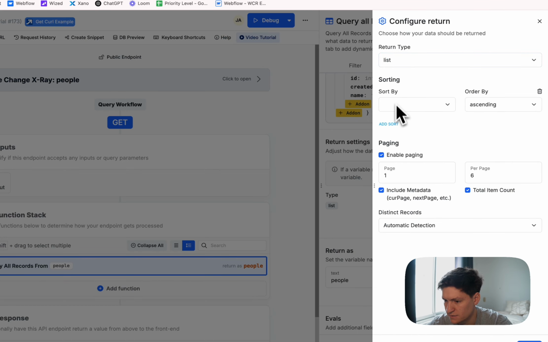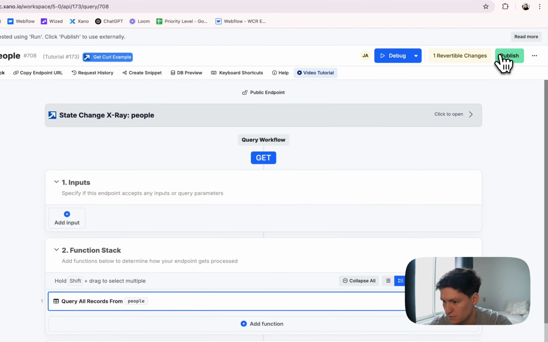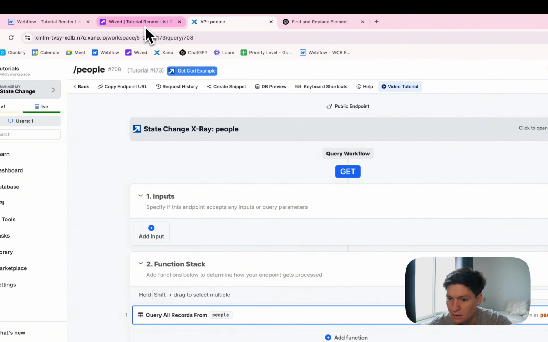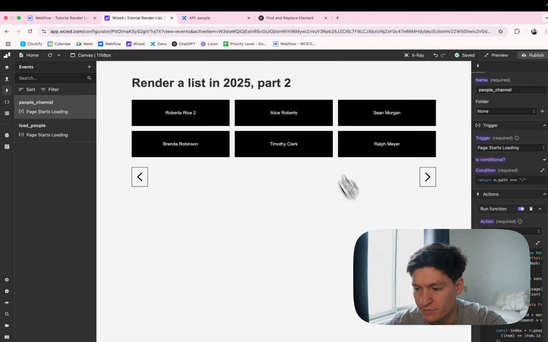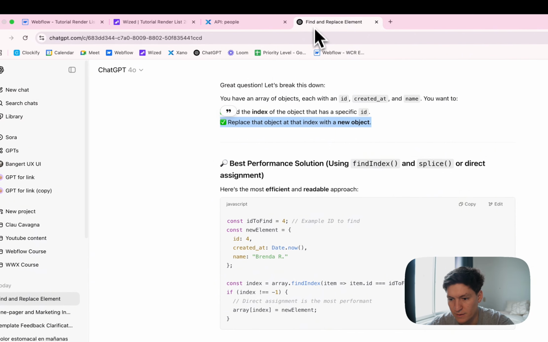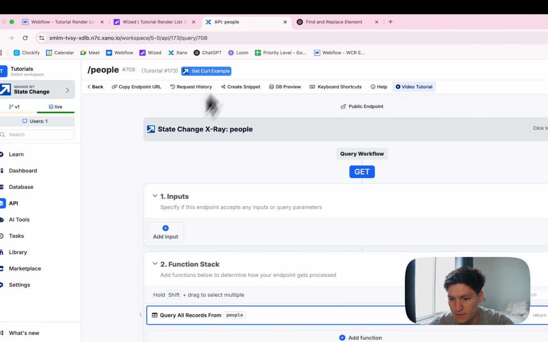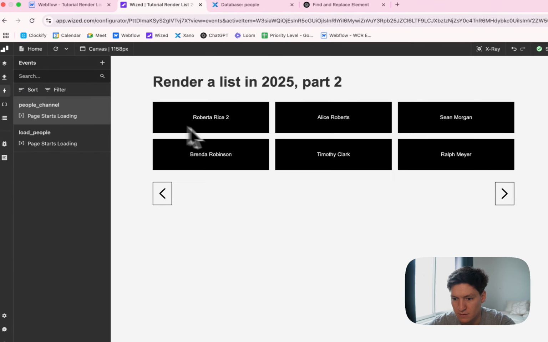Let's just add a sort where we have created at ascending, so it's from the oldest one to the newest. Okay, perfect. Now we are going to update Roberta Rice 2 with Roberta Rice only. So first, for example, and